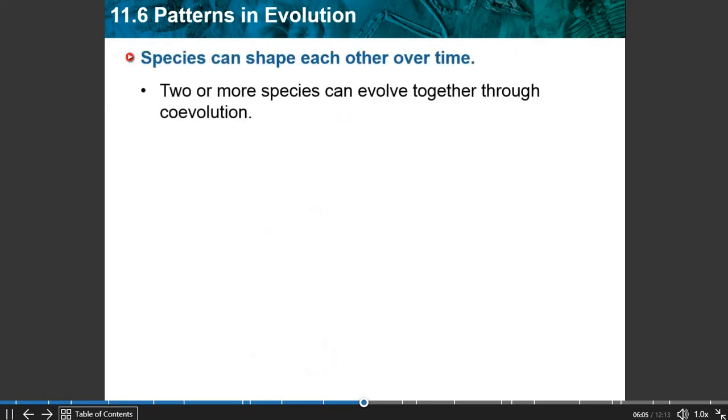So species can shape each other over time. Two or more species can evolve together through coevolution. That's going to be evolutionary patterns where they both become connected. An example of this would be like the